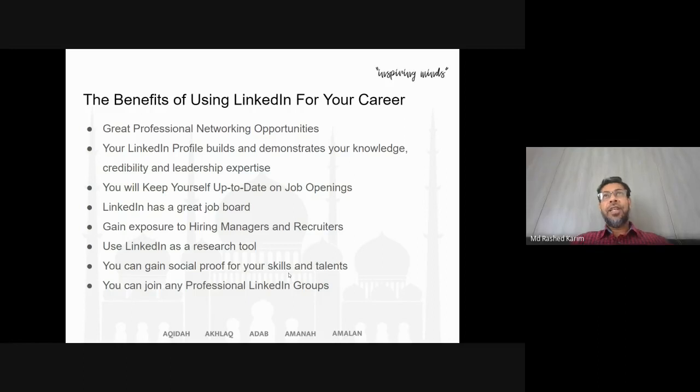That means on Facebook you just give a post like a selfie, or casual things going on. But LinkedIn is a very professional platform, so you can put anything: your skills, talents, any activity in your education, even if you are in a job. You can create your LinkedIn profile far better than before.